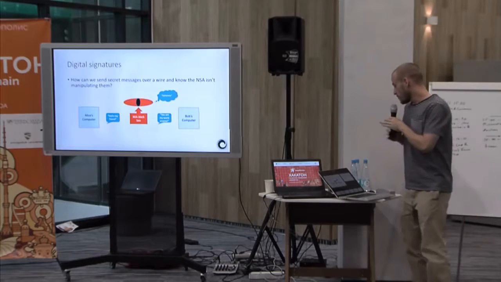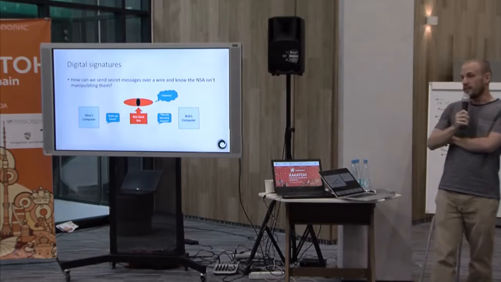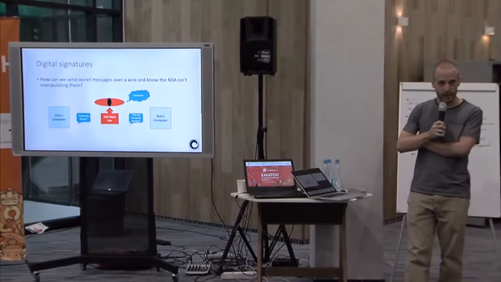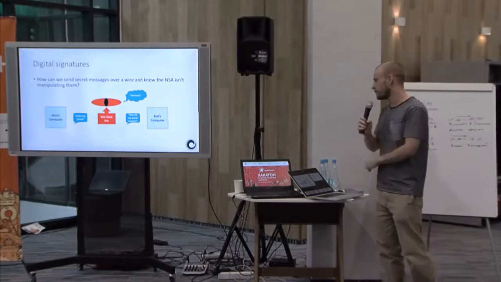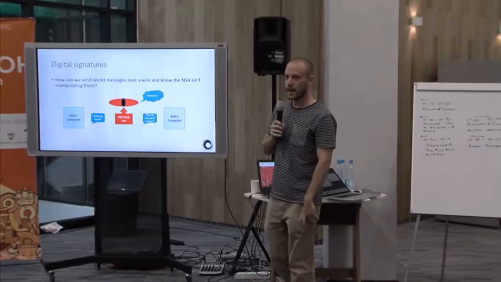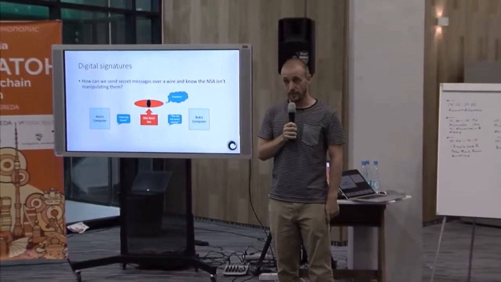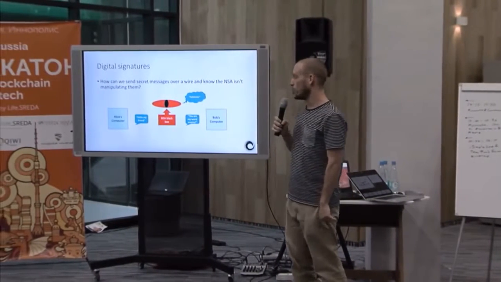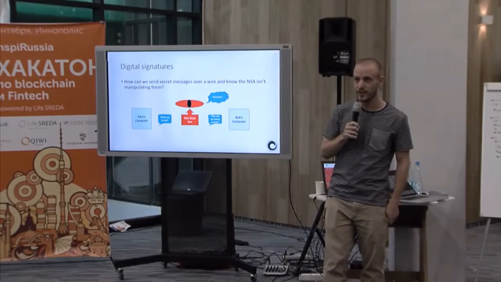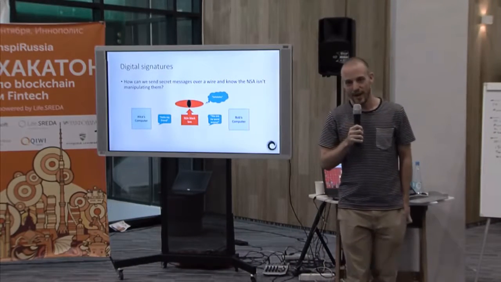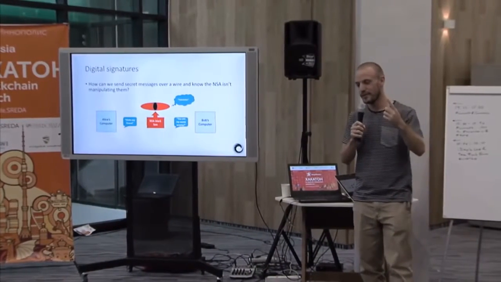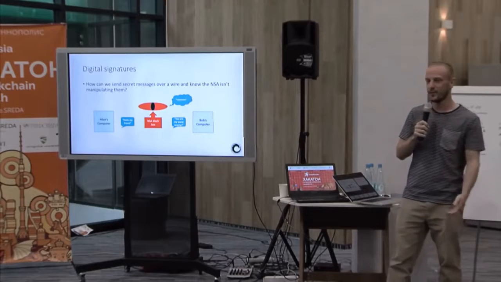Okay, the final thing that you need to understand, to have the prerequisites down for wrapping your head around blockchains, is digital signatures. So how can we send secret messages over a wire and know that an adversary is not manipulating those messages? Here, Alice is saying to Bob, "Hello, my friend." The NSA intercepts that message, and they change it to "You are my worst enemy," which is so bad for their friendship. You can imagine the NSA might want to do this between governments that communicate with one another. So this is a problem that has to be solved.